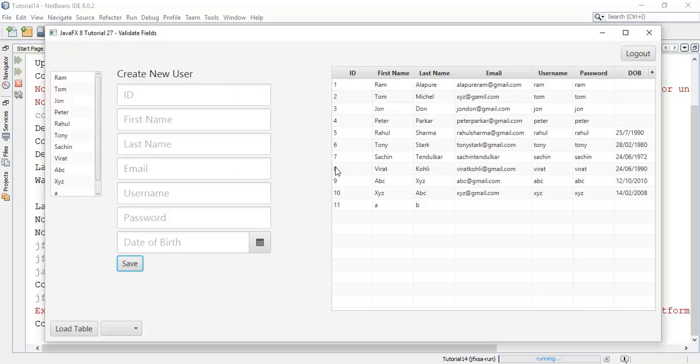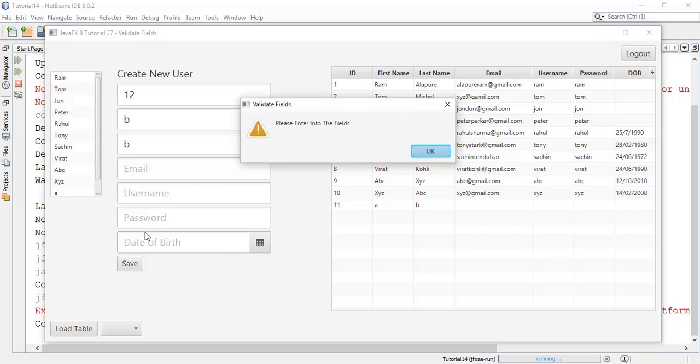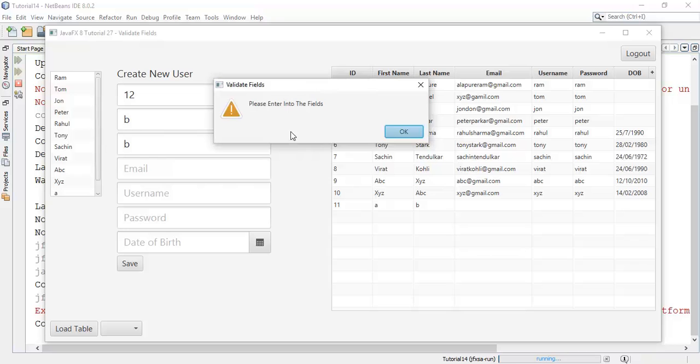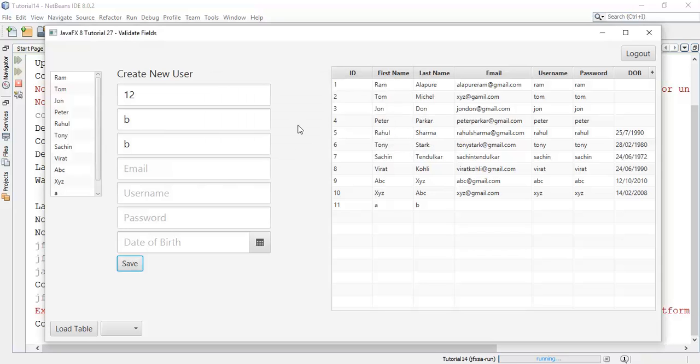Okay, now I'm going to add another user, say 12, say B. I'm going to leave these fields empty and again press save. Whenever any of the fields is empty, it's again showing the message please enter into the fields, and say okay.